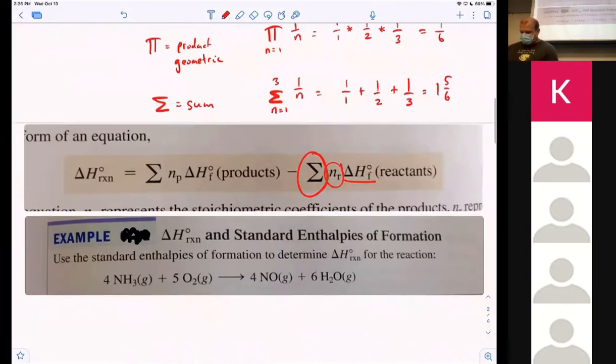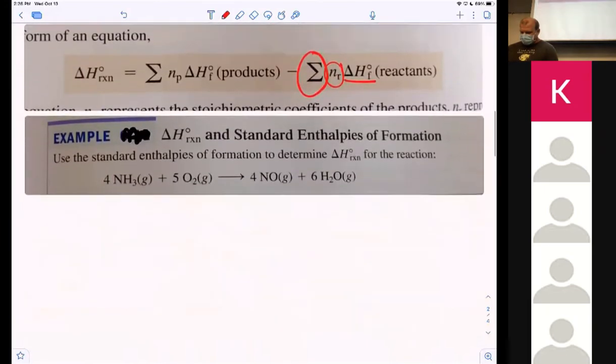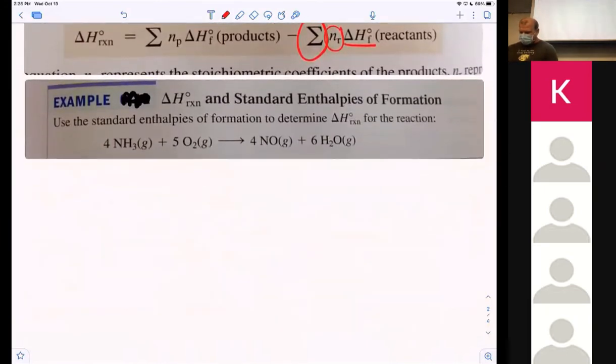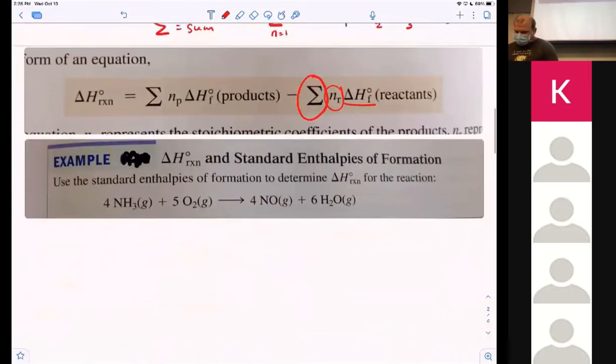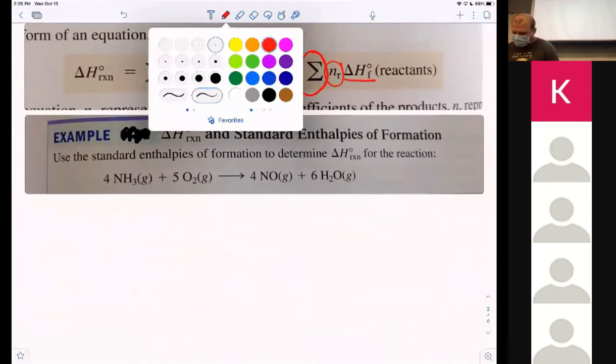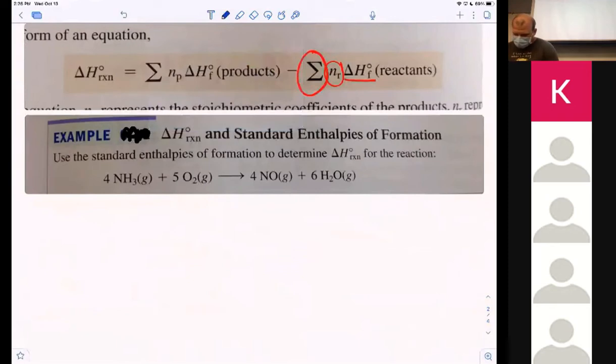All right. So let me do the sum here. Use the standard enthalpies of formation to determine the standard heat of this reaction. So using this equation here, the delta H0 of reaction is going to be equal to the sum of heats of formation of products. So it's going to be 4 delta H0F of NO, I should even specify gas,